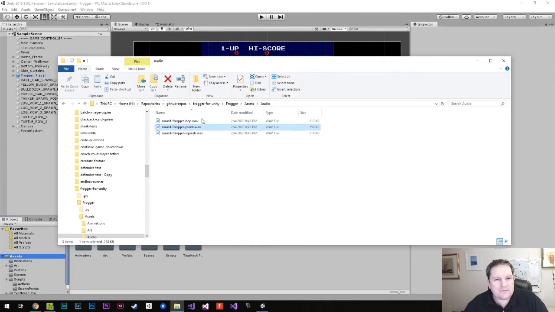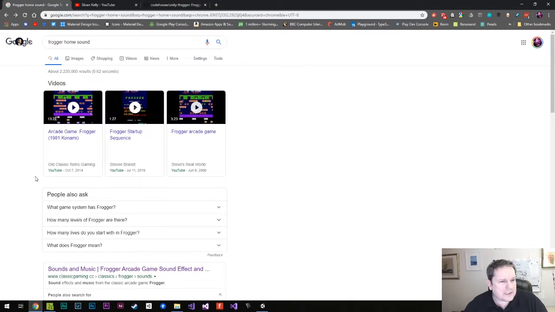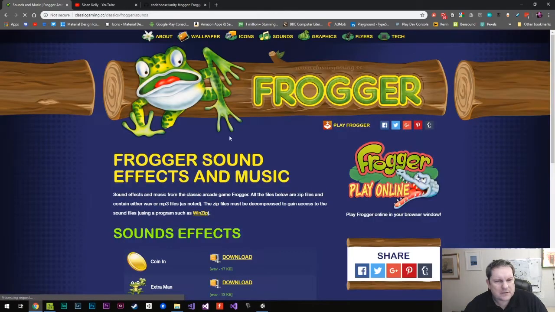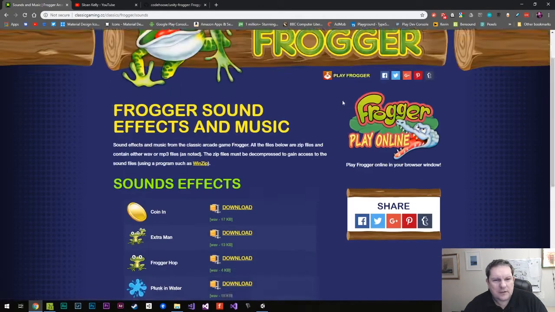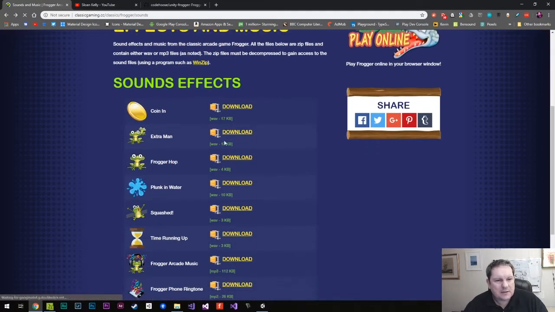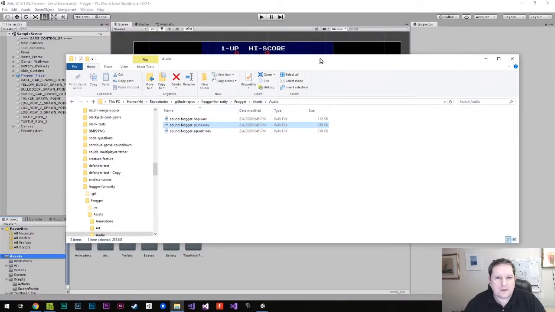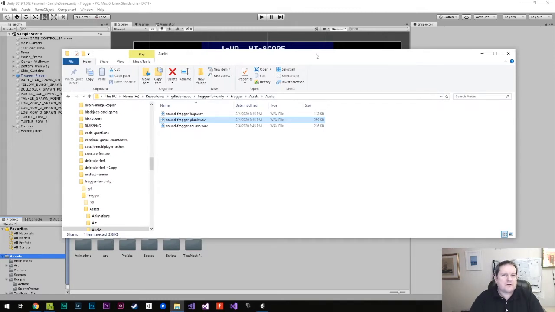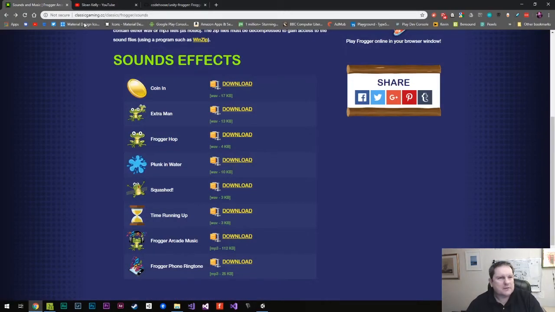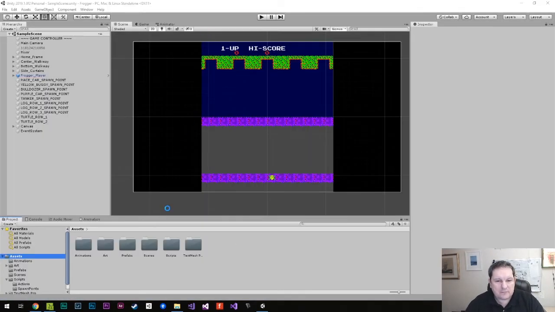So I have these assets here, which I got from a search on here, and found this website that's got a Frogger clone, which I can't play because I don't have Flash. Never mind. But it does have some of the sound effects. So I grabbed them. You can grab your own sound effects. That's where I got it from anyways. This website here, classicgaming.cc/classics/frogger/sounds. I grabbed them